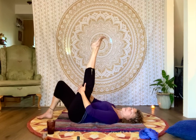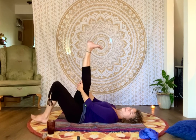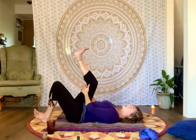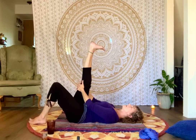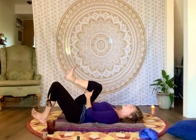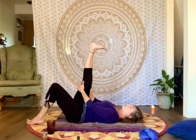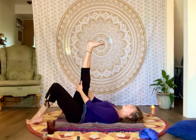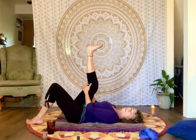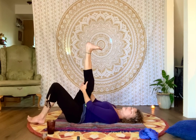And so now check in with that leg, and then switch to the second leg. Notice how this one's feeling. And begin to straighten and bend into your hand. A little breath connection could be helpful here. Could feel the inhale as you press, the exhale as you bend. Or whatever makes sense. Your breath might come through in a different way, and that's perfectly fine. And as you go, you notice the foot and ankle connection, how it feels right up into the calf, into the heel, the Achilles. And now pushing the leg a little straighter,